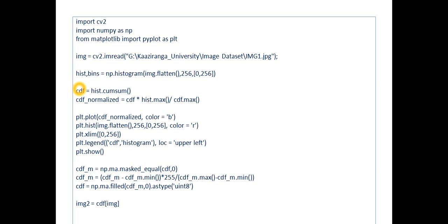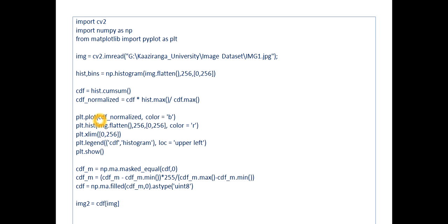We are trying to calculate this CDF, and it takes the main part here because we are going to modify it. Then cdf_normalized = cdf * hist.max() / cdf.max(). So we are trying to get the normalized version of the CDF, from the histogram and the max of the CDF.